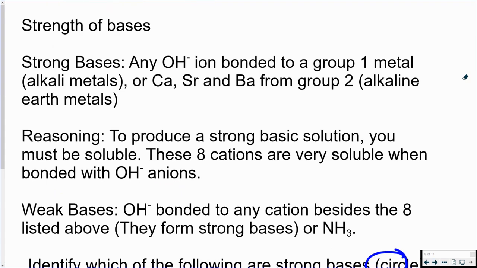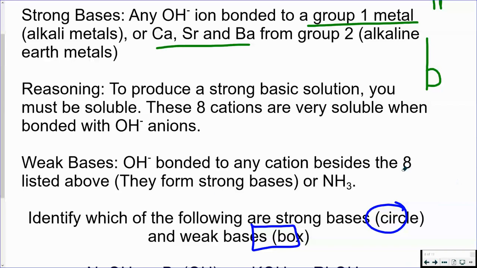When it comes to strong bases, it's quite simple. It is all of group 1, and then 3 group 2 metals. If you look at your periodic table, this actually creates a lowercase b. It is all of group 1 and then 3 in group 2, and if you connect those 2 lines, it gives you a lowercase b. It makes it very easy for you to know and keep that knowledge. All the rest after those 8 are weak, because we only have 8 strong ones, including